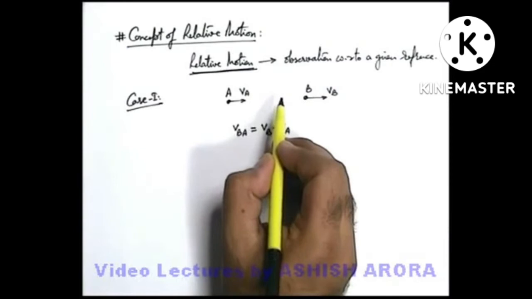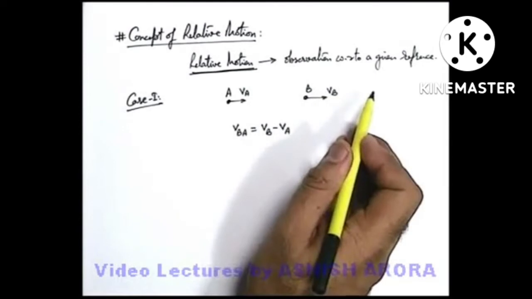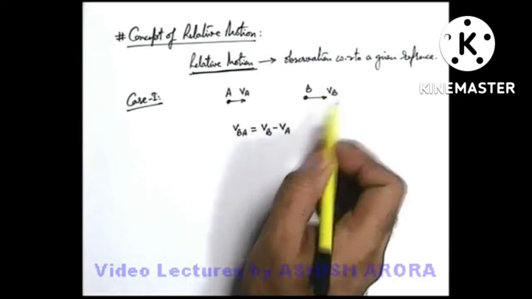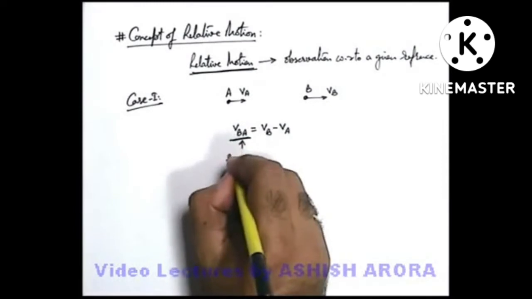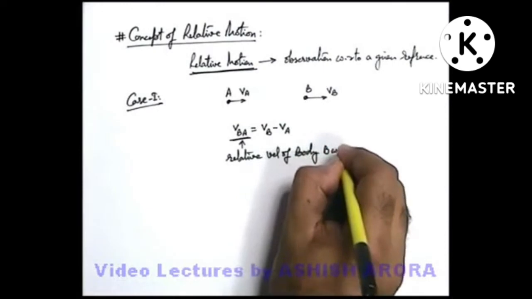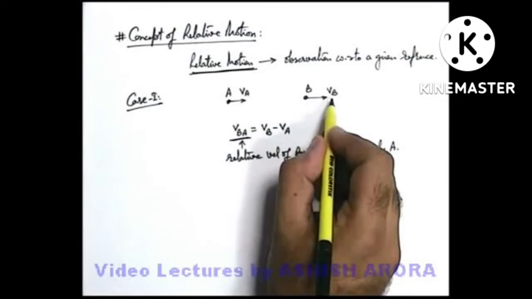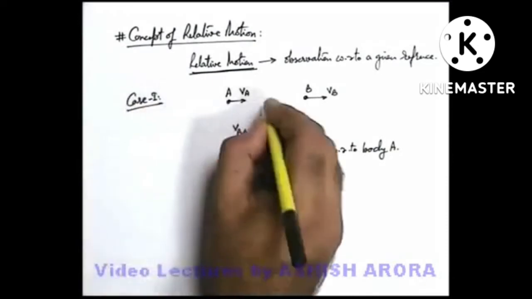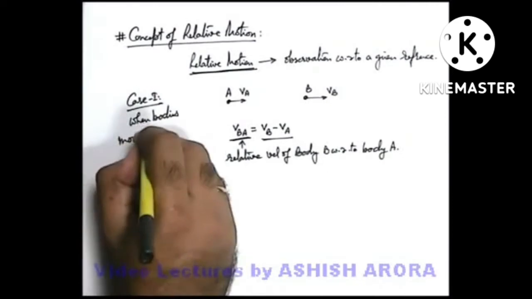So as measured by body A, when we observe the body B, we can say the motion by which B has progressed forward will be vb minus va. So in 1 second, body B can be considered to have progressed by a distance vb minus va with respect to body A. So this vba we simply term as the relative velocity of body B with respect to body A. So always remember, when two bodies move in the same direction, the velocity of one body with respect to the other can be written as the difference of their velocities. So this is case 1, which we consider when bodies move in the same direction.